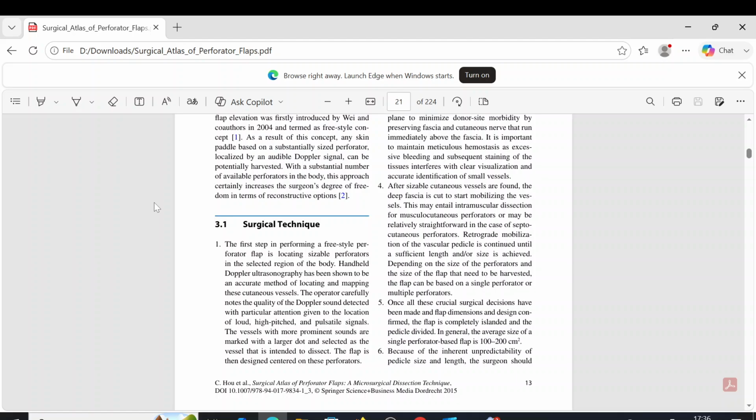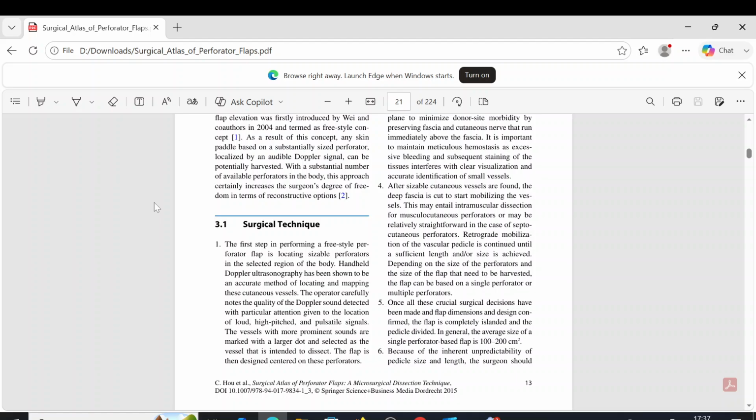After sizable cutaneous vessels are found, the deep fascia is cut to start mobilizing the vessels. This may entail intramuscular dissection for musculocutaneous perforators or may be relatively straightforward in the case of subcutaneous perforators. Retrograde mobilization of the vascular pedicle is continued until a sufficient length and/or size is achieved, depending on the size of the perforators and the size of the flap that needs to be harvested.